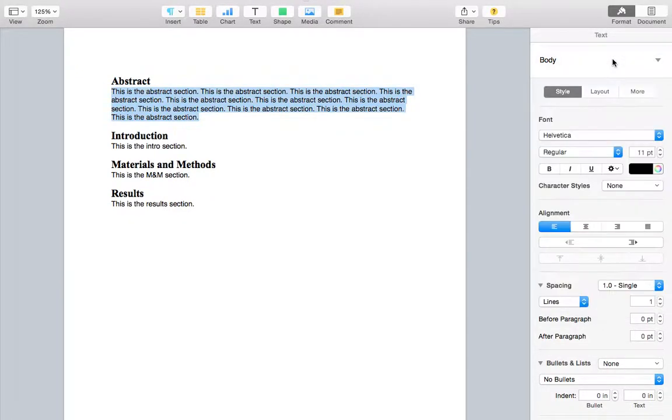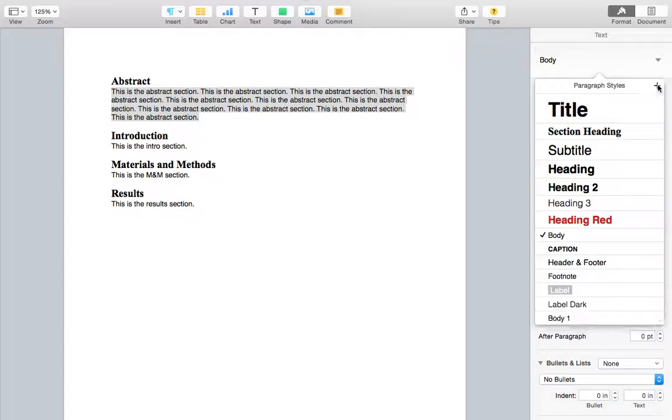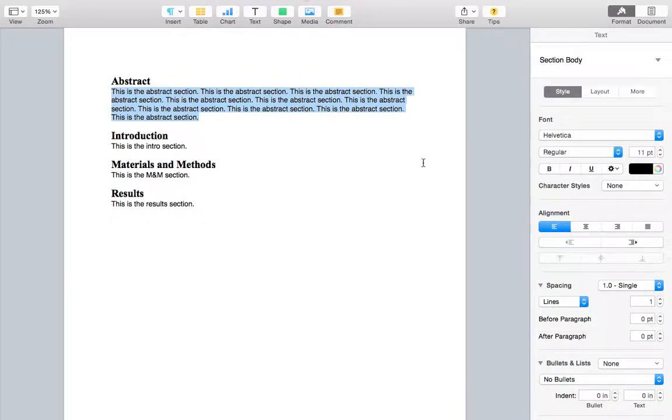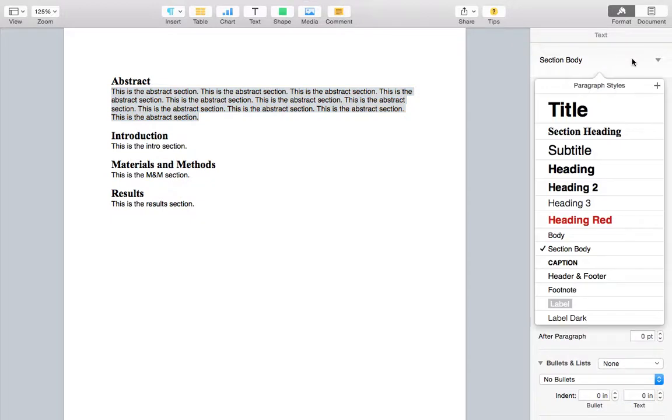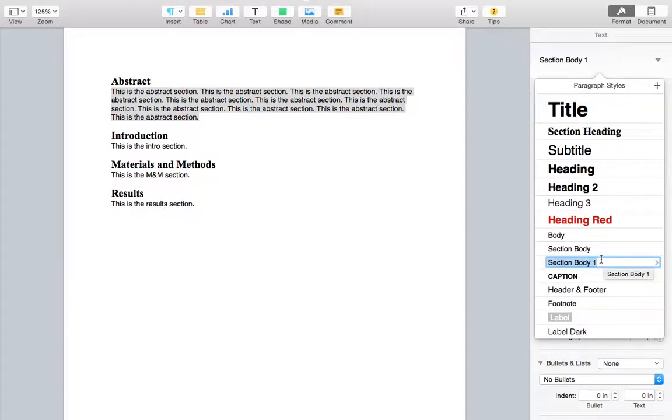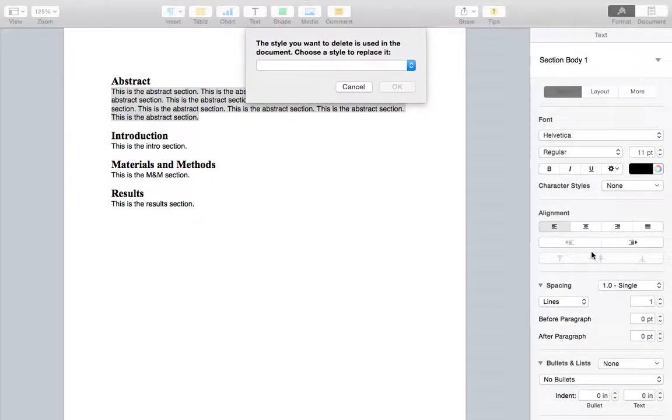Let's say I want to actually call this section body, okay? But I don't want it to be in Helvetica font, so I can update this. So I redefined it just as we had before by clicking New Style and defining section body. Now I'm defining section body 1 here, which I don't want, so I can go ahead and delete that. But essentially,